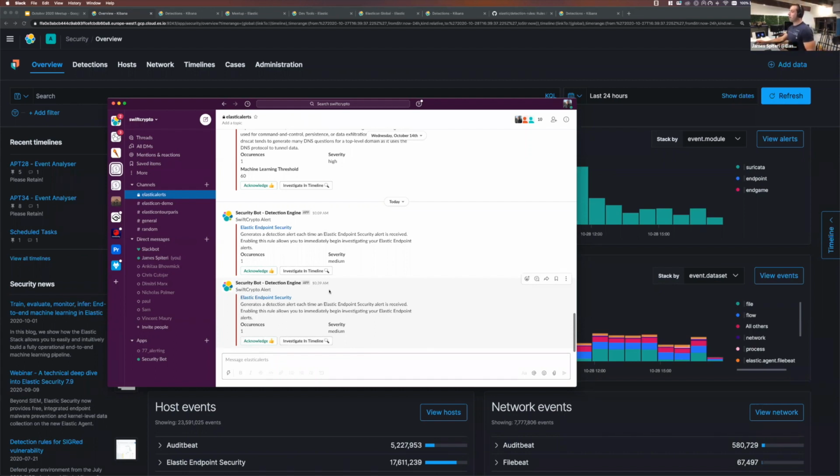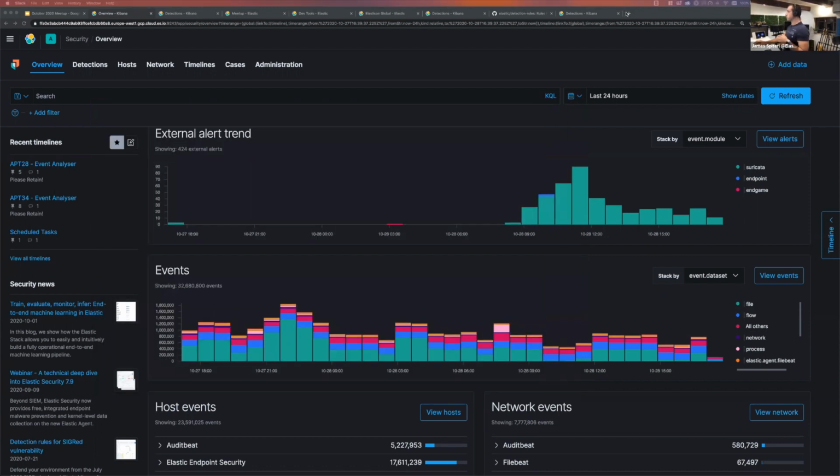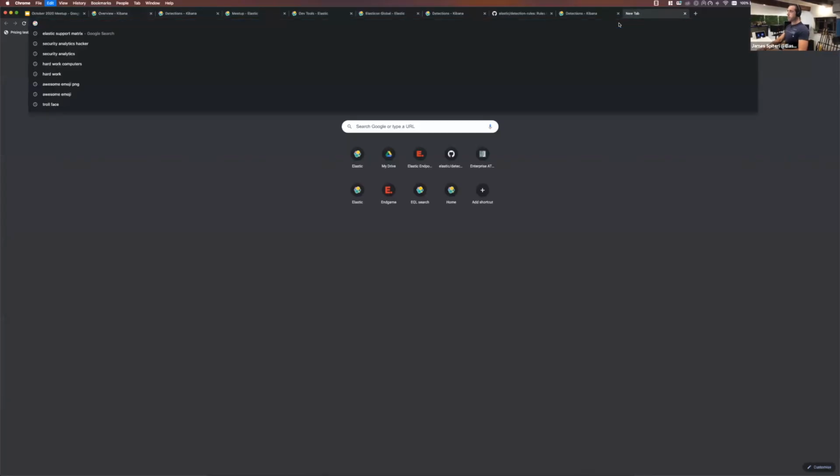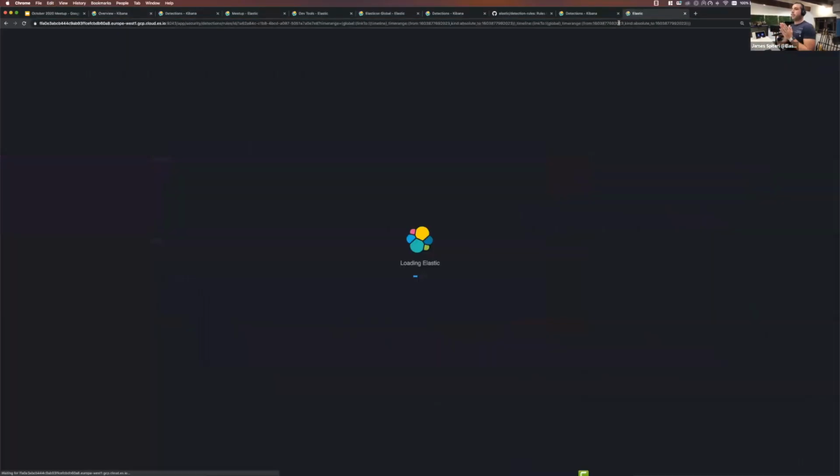But what I'm going to do is I'm going to dive into the alerts from here. And one thing you can do with Elastic Security in terms of the detections is provide an analyst with a link straight to that detection. And what I'm going to do is that I'm going to right click and copy this link. I'll open it up in Chrome because my default browser is Safari. So I just want to make sure it opens in this context. So let's do that. Let's paste it in here. And let's see what we have.